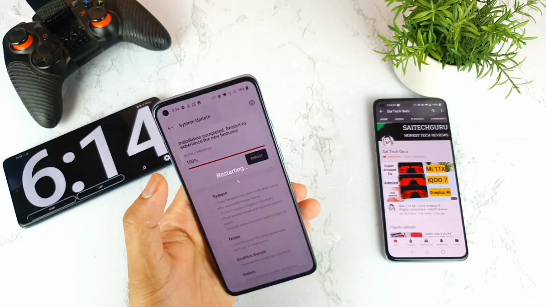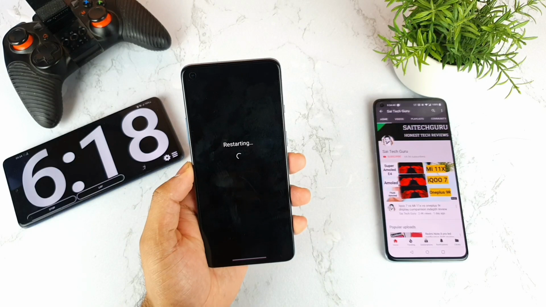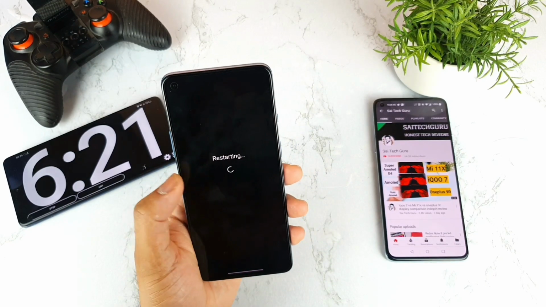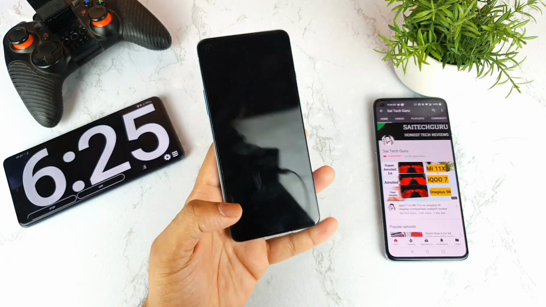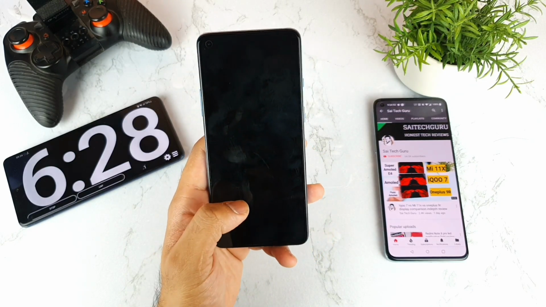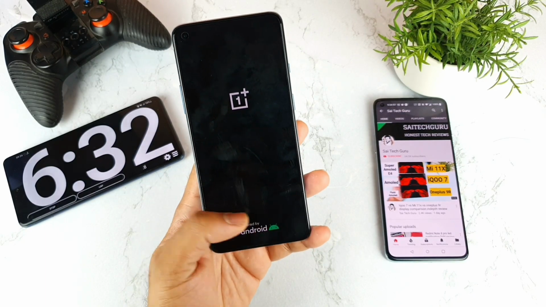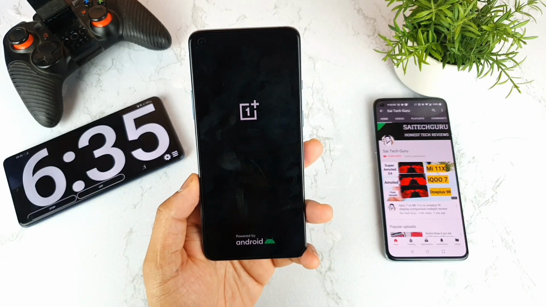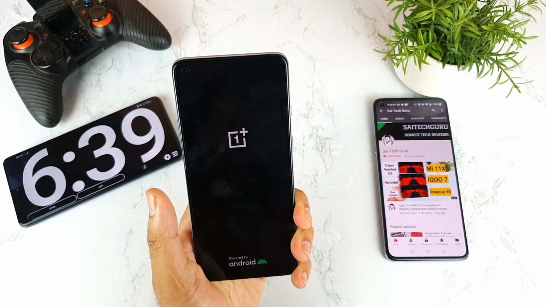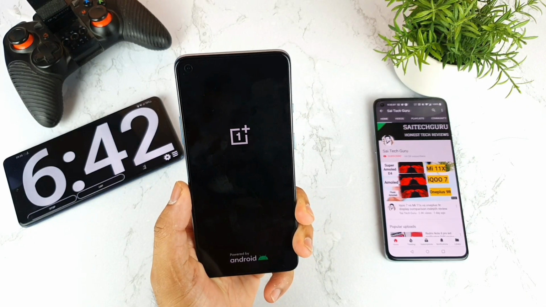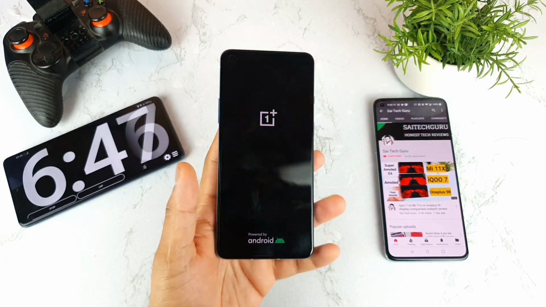Then I got the reboot option, and I clicked reboot. Exactly after 6 minutes I got the reboot option, so I clicked restart. Now it's restarting. Before, updates used to install after the phone got switched off, but nowadays the initializing takes place when the phone is in on mode only. So now the phone will just be restarting, that's it. Let's see friends how much more time this restarting process will take on this phone. That is what I am trying to test.